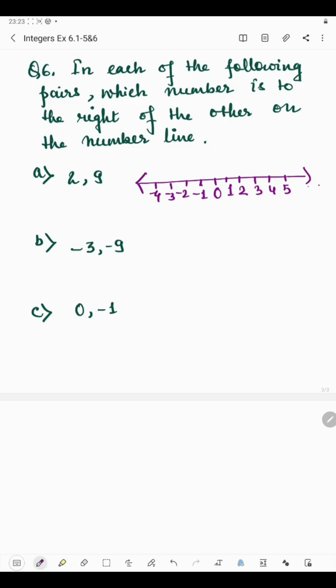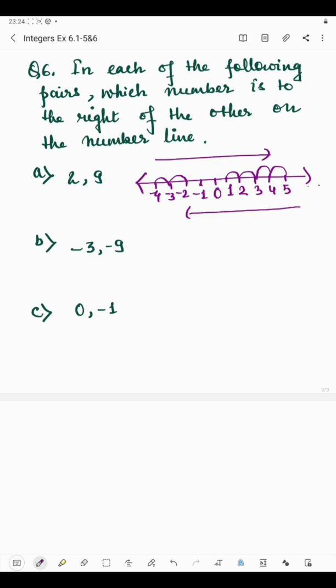So suppose you want to come from 5 to 4, then the number is getting smaller. Again from 4 to 3, it's getting smaller. Similarly, when you come towards the left, the number is getting decreased, and when you are moving towards the right, the number is getting bigger. Like -3 is greater than -4, -2 is greater than -3. Or if you see the positive numbers 1 to 2, then 2 to 3, the number is getting increased, right? So what we have observed from the number line is that the number which is greater lies right of the other number